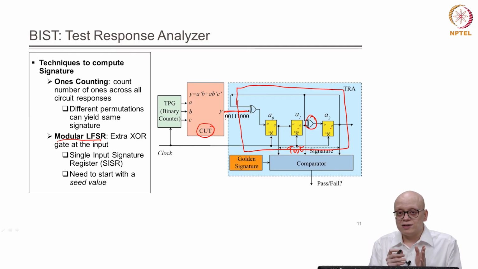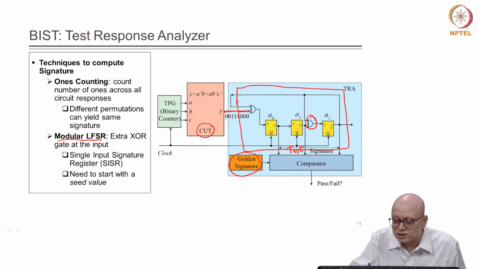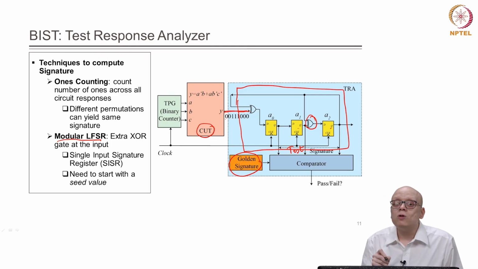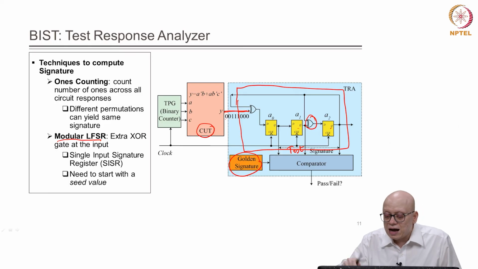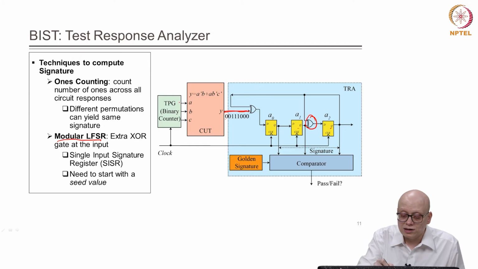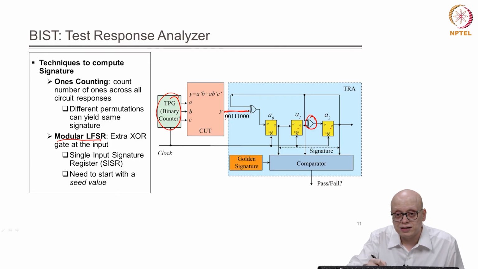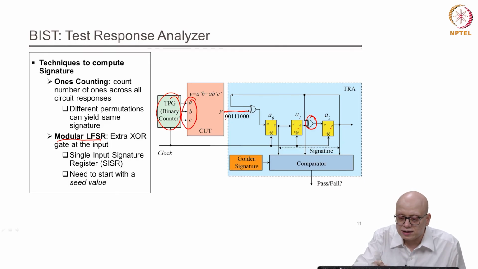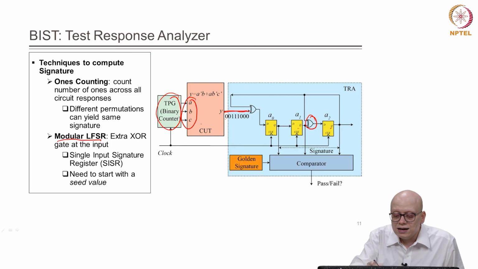computed for a fault free circuit, right, and that is considered as a golden signature, and that is stored in the ROM of the test response analyzer, and after n clock cycles when all the test patterns. So, here TPG is the test pattern generator. So, test pattern generator is generating random test patterns which are going as input to this CUT, and after all